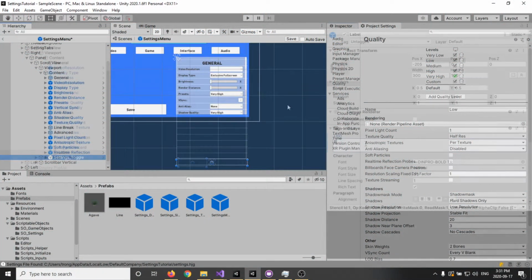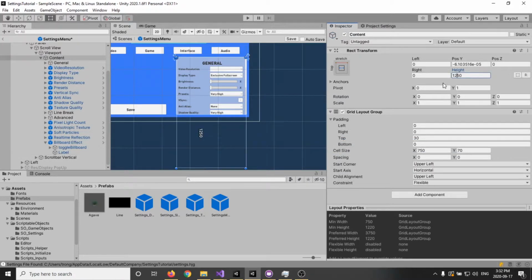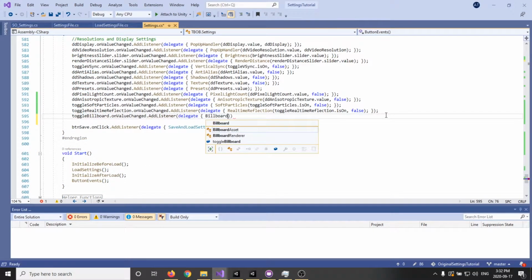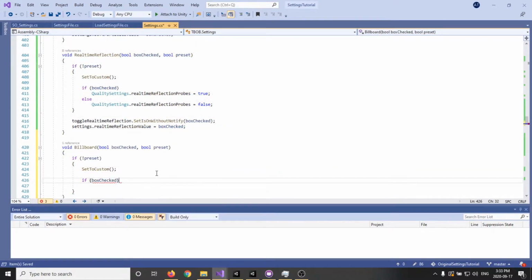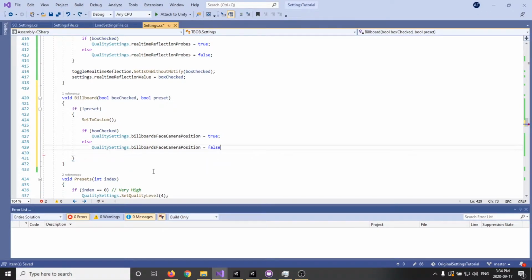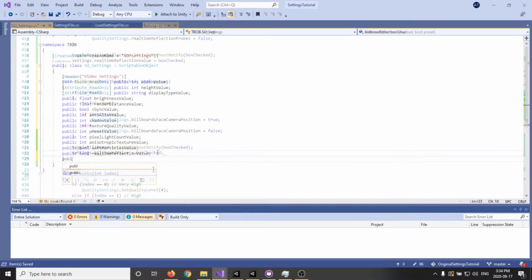Inside the settings prefab, add the toggle prefab and adjust it to be related to billboards. Encapsulate the content to include the new toggle. In the settings script, add a toggle variable and add an onValue changed event to the toggle calling billboard. Inside billboard, we'll check if we change the setting manually. If yes, then we will set the preset dropdown to custom, and we'll set the billboard settings to correspond with the passed-in checkbox. We'll then set the toggle state to match the passed-in boolean and save this to our scriptable